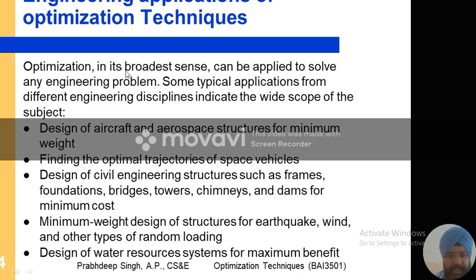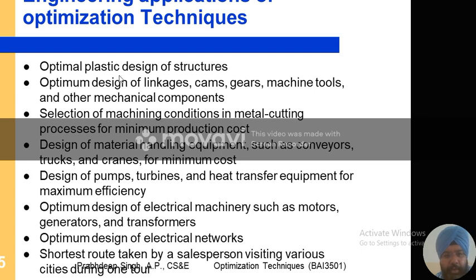So optimization in its broadest sense can be applied to solve any engineering problem. Some typical applications from different engineering disciplines indicate the wide scope of the subject: design of aircraft and aerospace structures for minimum weight, finding the optimal trajectories of a space vehicle, design of civil engineering structures such as frames, foundations, bridges, towers, chimneys and dams for minimum cost, minimum weight design of structures for earthquake, wind and other types of random loading, design of water resource systems for maximum benefit, optimal plastic design of structures, optimum design of linkages, cams,